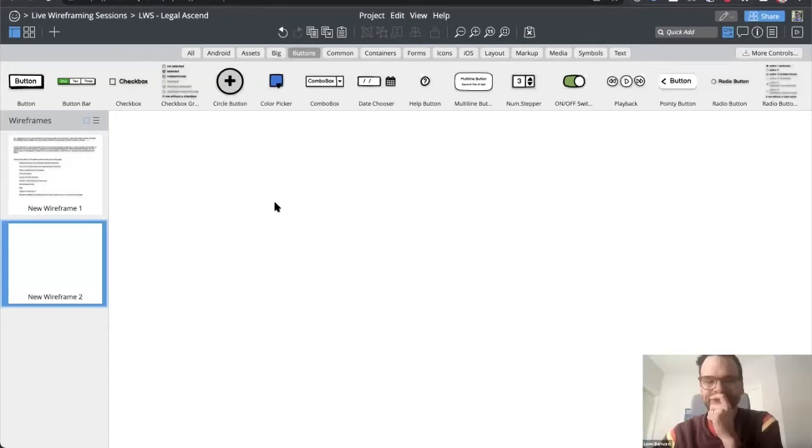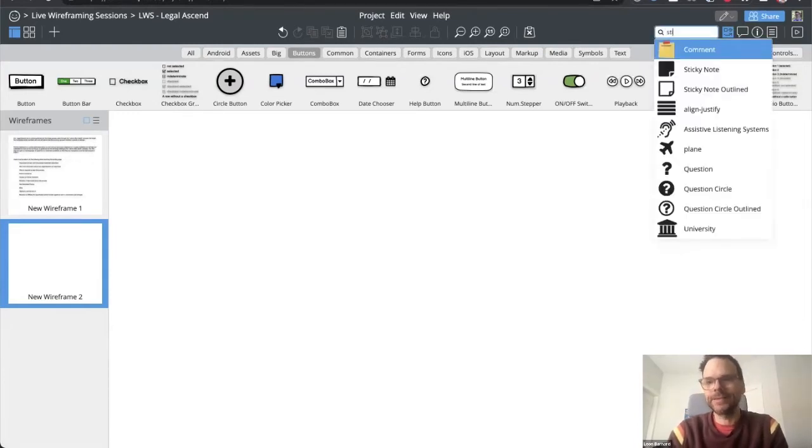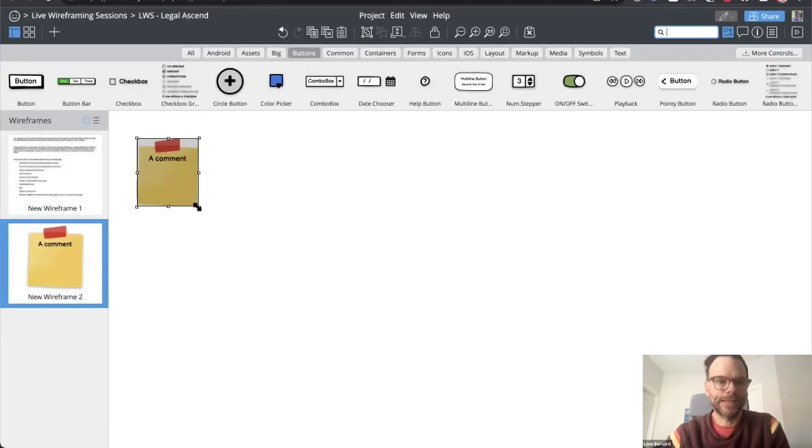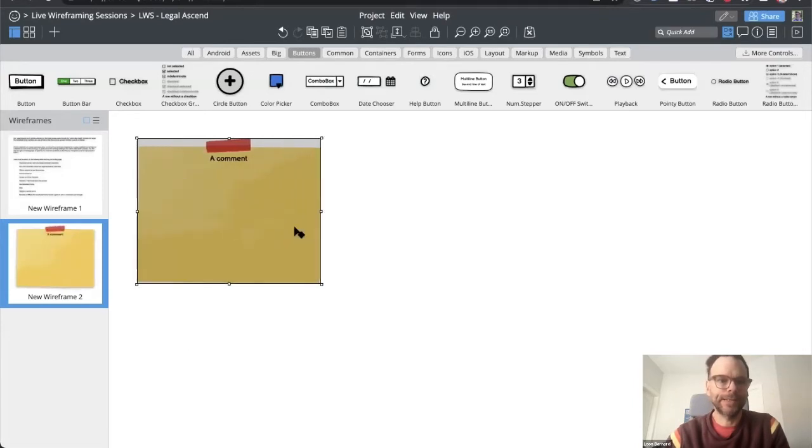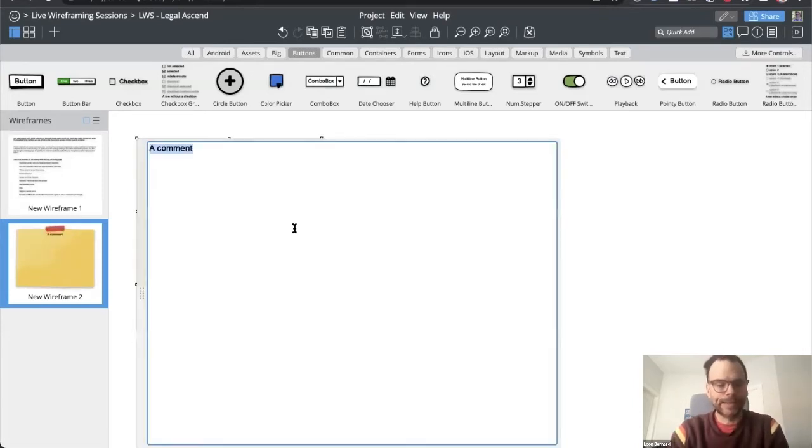Okay. Let me start to write some things down and see if I'm understanding correctly. I'm thinking about the goals of the site. The first goal might be to help users identify: is this tool right for me? Am I in the right place?